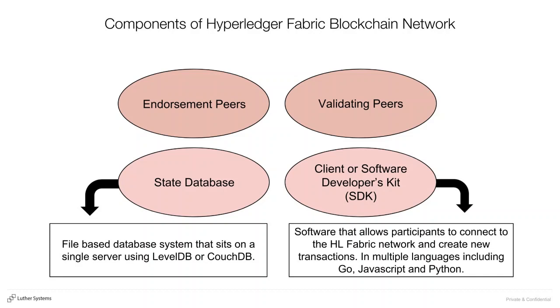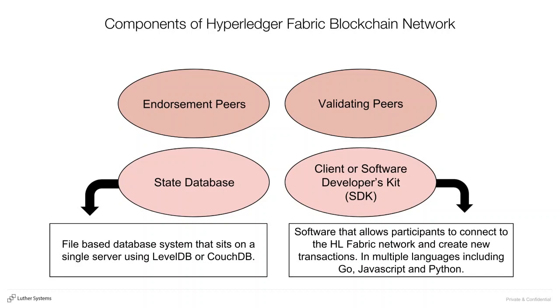The client, or they call it a software development kit, an SDK, has a set of keys. So David would have some keys on his computer, and he'd be running software on his computer that uses those keys to connect to the HyperLedger Fabric network and query the blockchain, create new transactions,